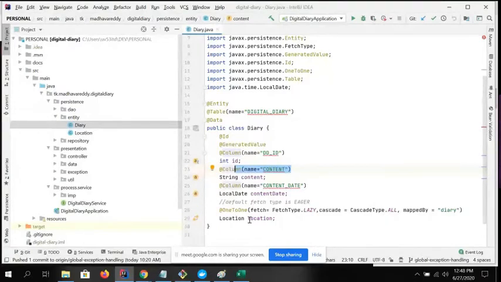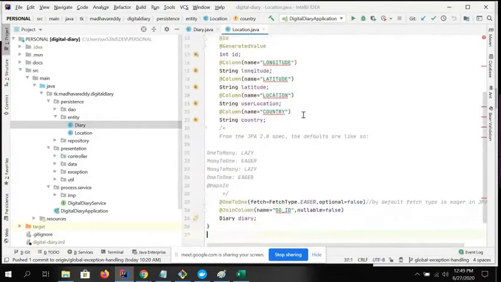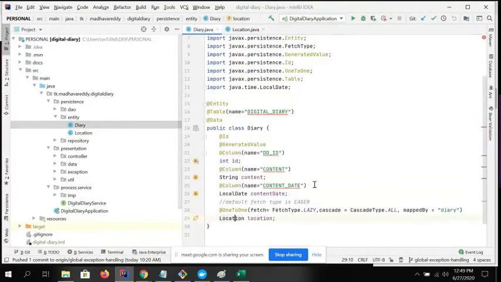Here I'm trying to create one additional class, Location. While creating the Location, I will give whatever necessary fields, the same way I defined them for the main data entity class. And see here how I keep the relationship. Here I'm making it a one-to-one relationship, and the fetch type will be lazy. By default, for one-to-one it is eager. If I want to make it lazy, I can, so I forcefully make it lazy.